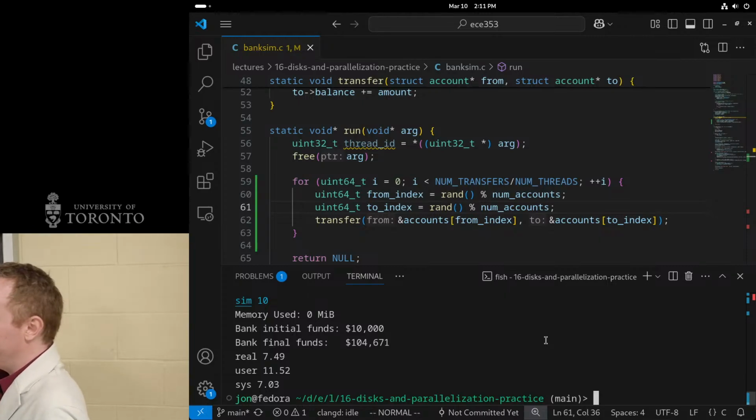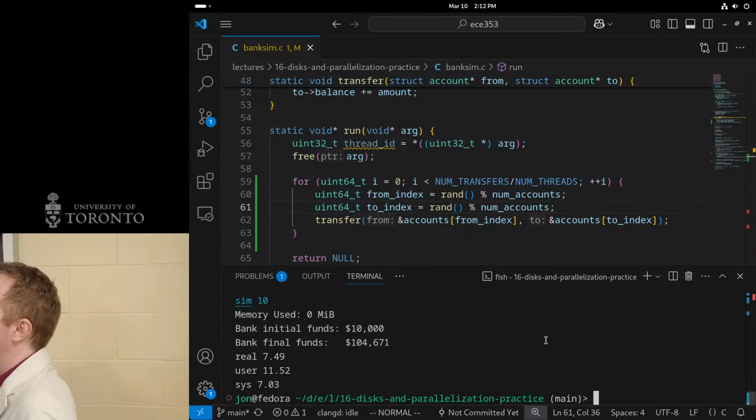Okay, number 1. It took 11 seconds before. It took like 10 seconds before. I have 8 threads, each doing 1/8 of the work. I'm not synchronizing. I'm not making anything serial. So why isn't this 8 times faster? Any guesses? This one you probably won't be able to get, but you could make an educated guess.